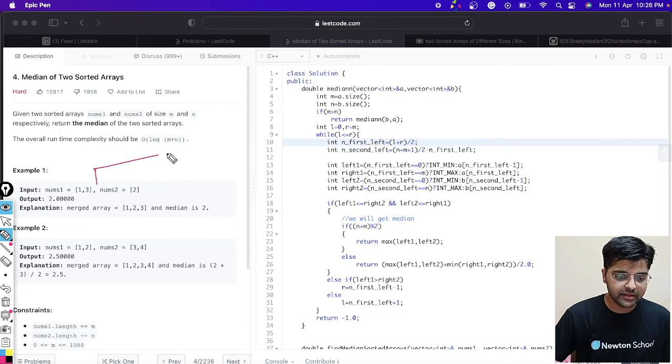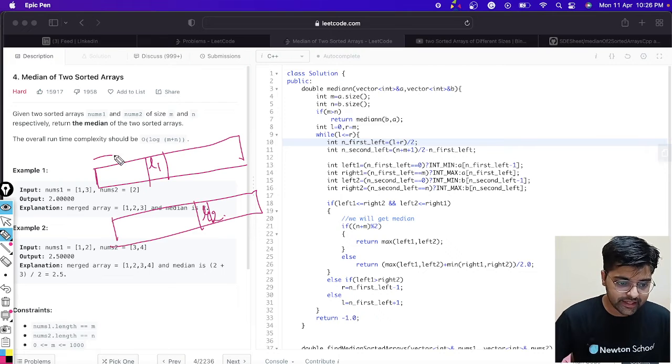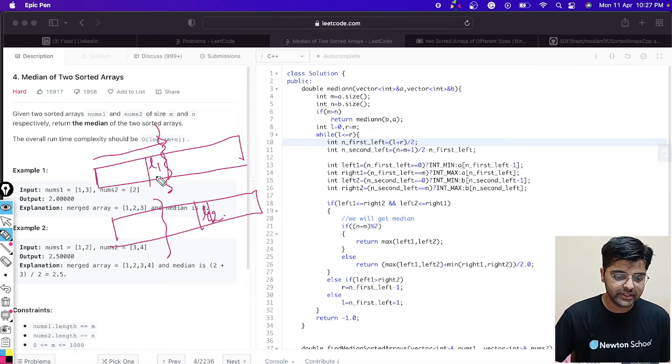Else, let's consider that the left 1 element is greater than R2, right? So in that case, if we had taken the boundary like this, left 1 is bigger than right 2, then what will we have to do?